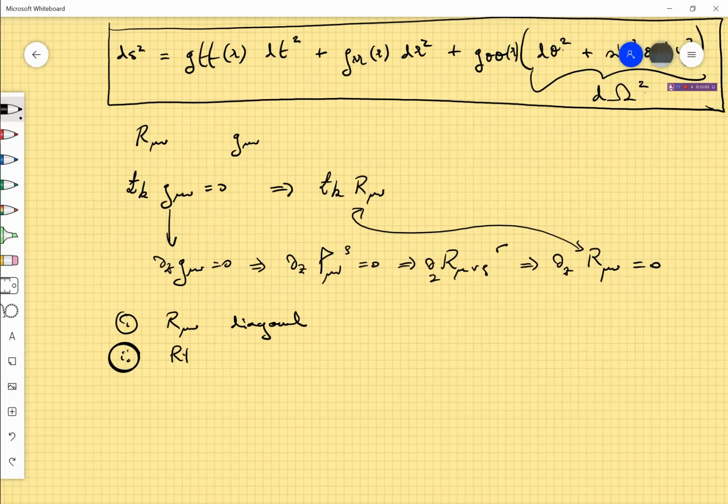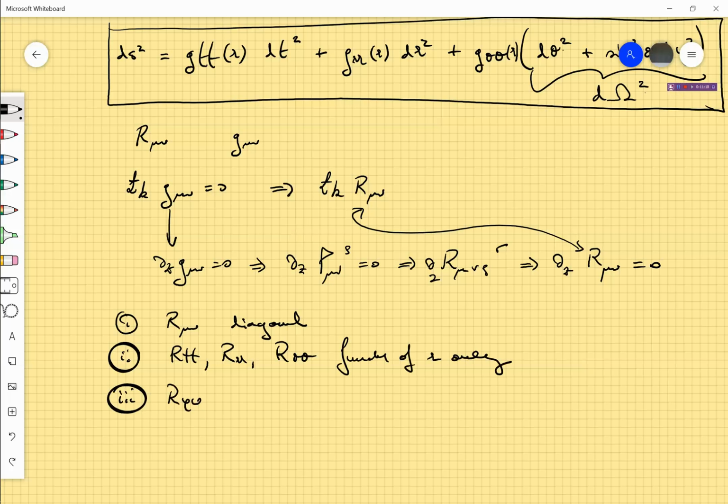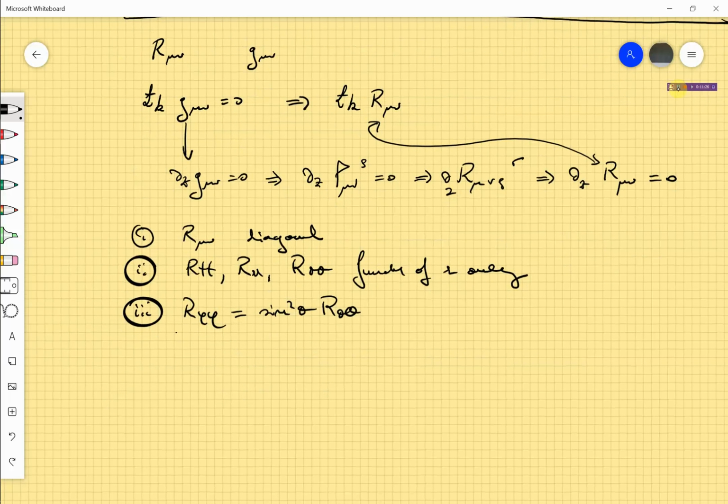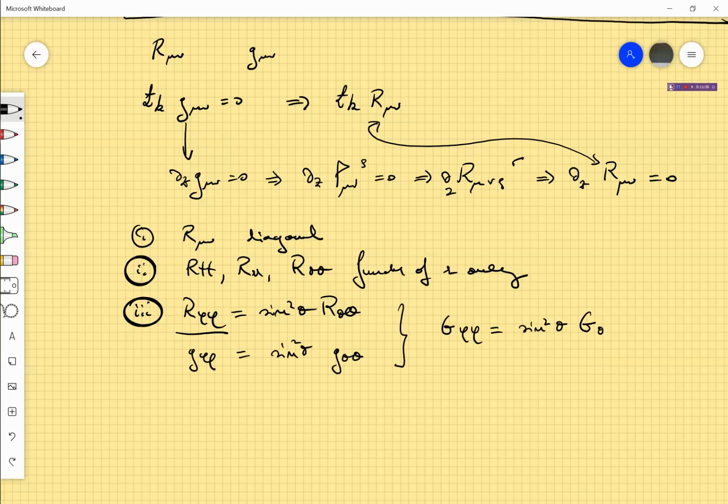Secondly, that R tt, R rr, and R theta theta are only functions of r. And third, that R phi phi will be given by sine squared theta R theta theta. This means that in principle I don't need to compute R phi phi because it is given by R theta theta. This also means that by consistency, since g phi phi is also sine squared theta g theta theta,